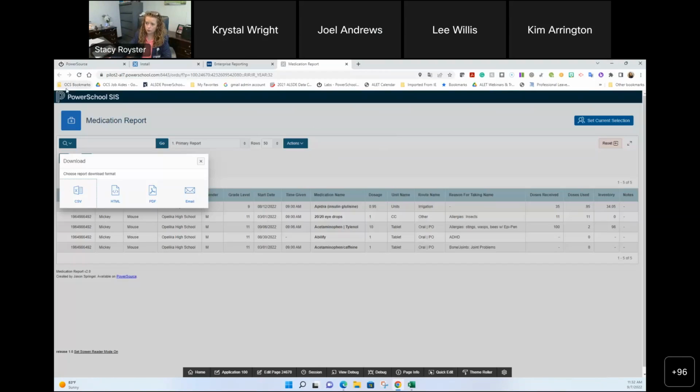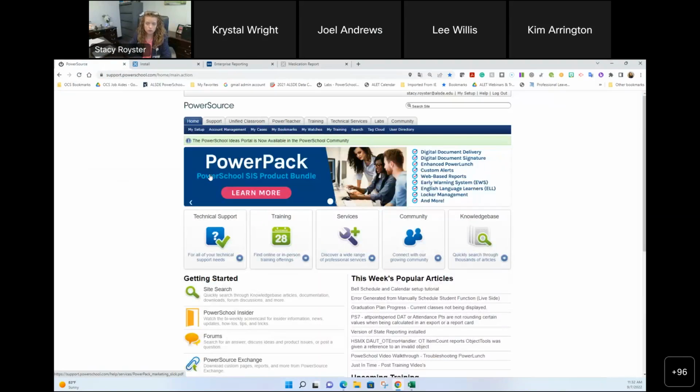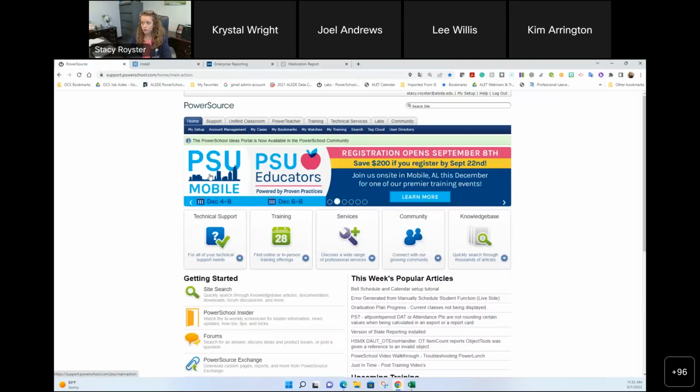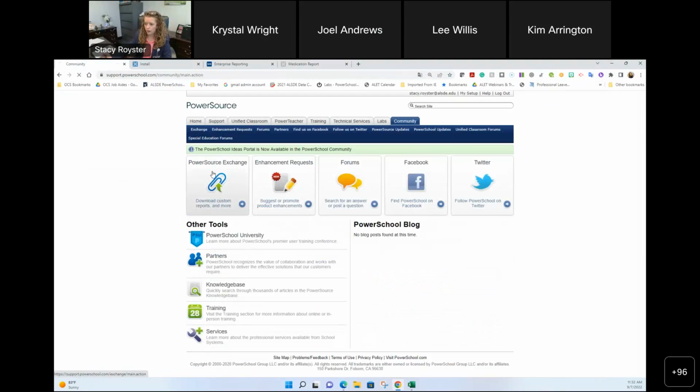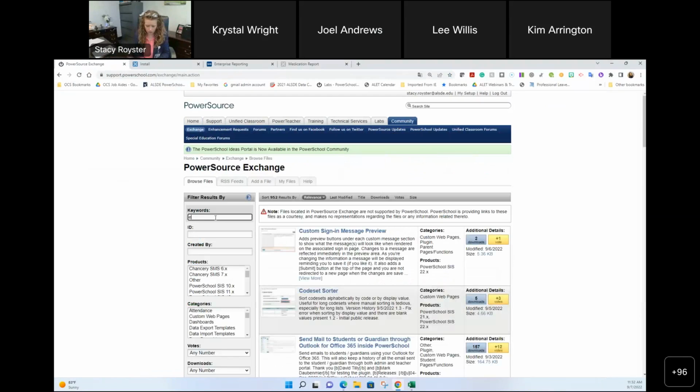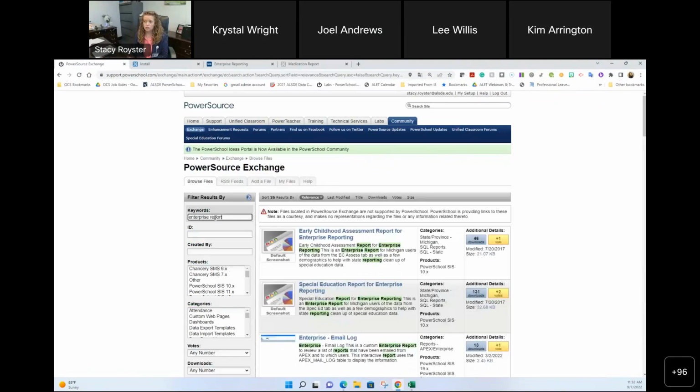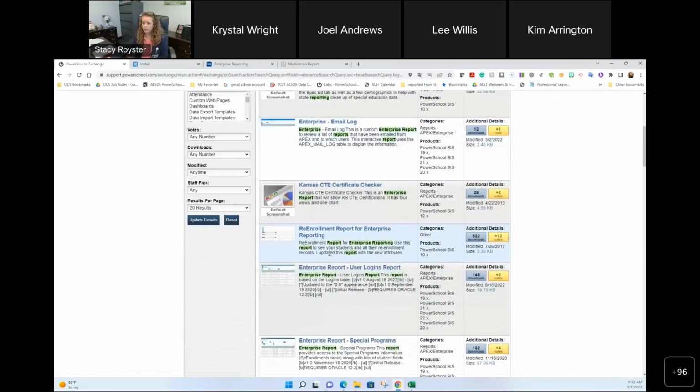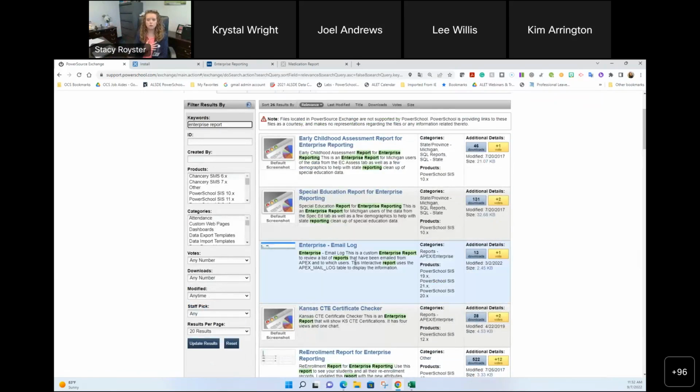Another place to go find reports is your PowerSource portal. Not the community. So if you go into PowerSource and log in and go to community and the PowerSource Exchange, use the keyword enterprise report and just search. You're going to see there's 26 results on here. Yes, random users like you and myself put some on here that are beneficial. I've grabbed some personally that other people have built, but one that you really want to watch are any